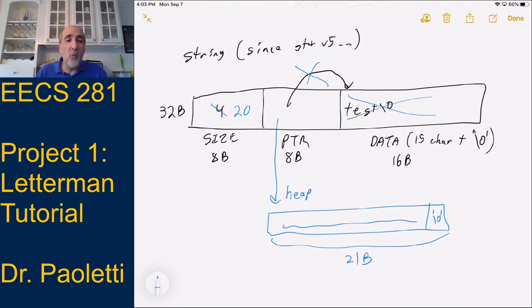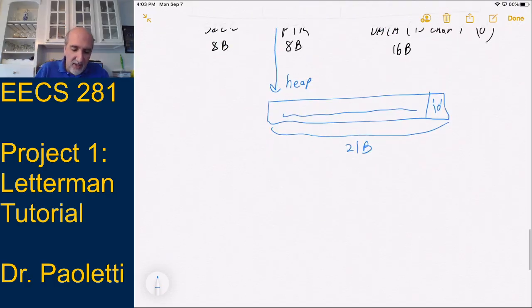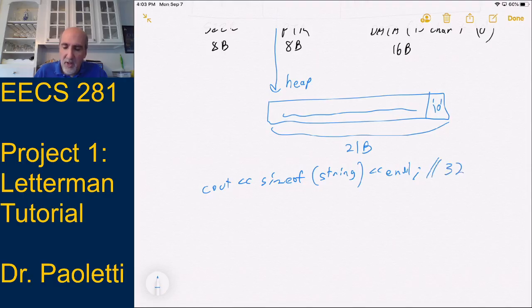So this is why we don't want to create string objects when we can do something better, because they're 32 bytes at least. If you ask the sizeof operator, and it looks like a function when you call it, like if you say cout sizeof string, it looks like a function call, but you're giving it a type, not a variable. It'll say 32